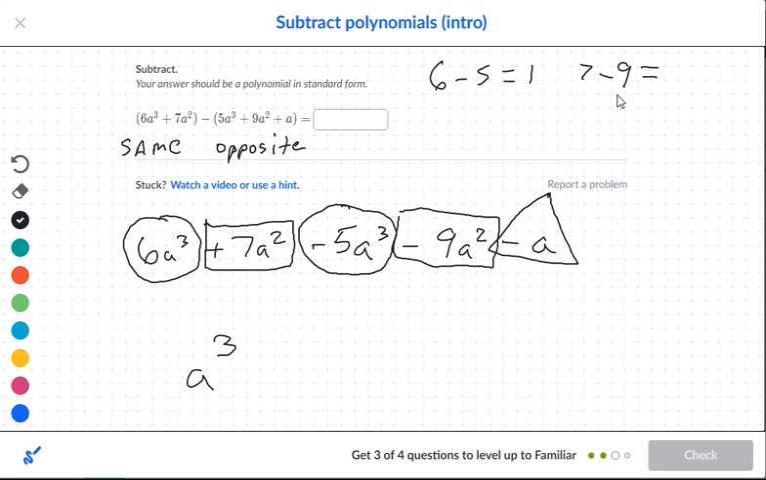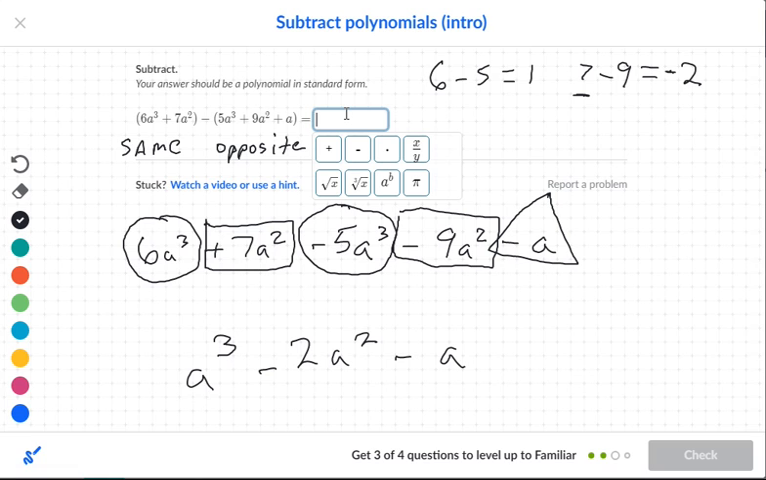Well, what I did was I borrowed $9 from you, but only paid you 7. So I borrowed 9 and only gave you 7. So I need to pay you 2. That's a negative. So this is a negative 2a to the second. And then we have the triangle left, and that's just a negative a. So that's my answer, and it's written in standard form: a to the third minus 2a to the second minus